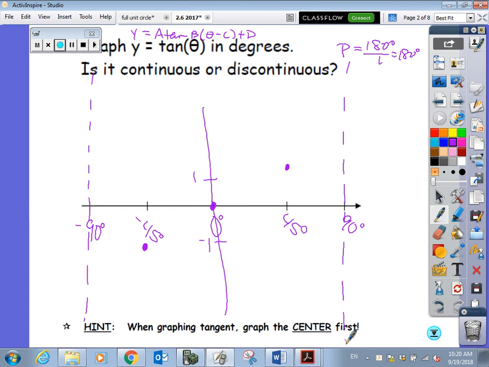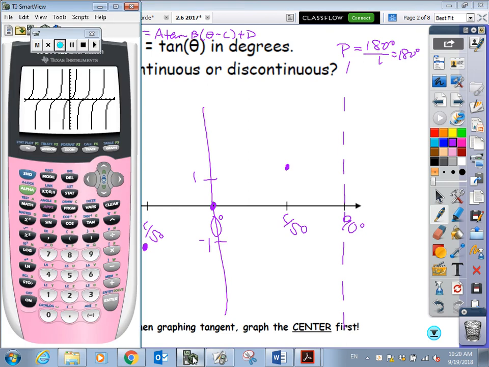Now, I don't want you to get your calculator out, but if you were to graph y equals tangent of x, that's what it looks like. It repeats over and over again. So it's got that little curve, asymptote, curve, asymptote over and over again. This little middle section is what we're graphing right there. So notice the middle 0, 0 right there. That's why we started our C in the middle, because that's one full cycle, not a half of one and an asymptote in the middle and then the other half of one, and you have to know whether it goes